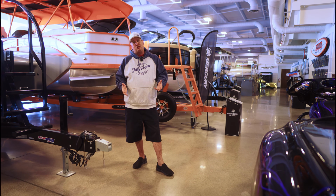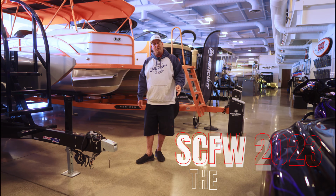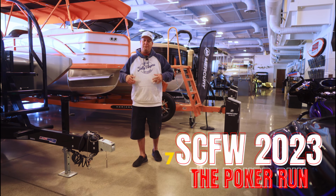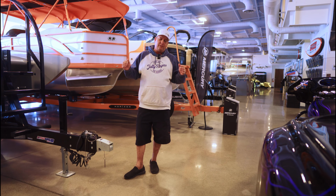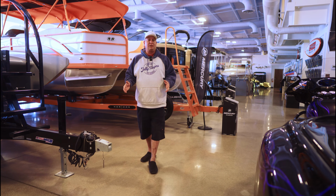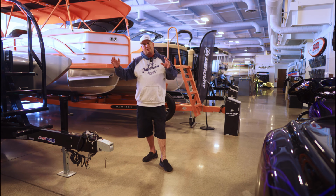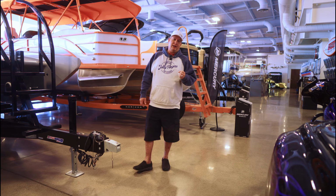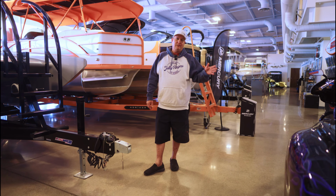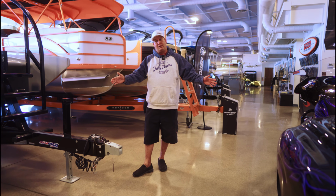And now we're gonna get into the second most important part of the night, the poker run. You might have noticed in all the earlier videos, I hadn't talked about it yet. It's a very, very different concept than anything you guys have seen before. I do it at the RDP regattas. Instead of having poker run stops that you're forced to go to all over town, what we do from the time that you get into town, from the Saturday of Desert Storm to the Saturday of Super Cat Fest West,